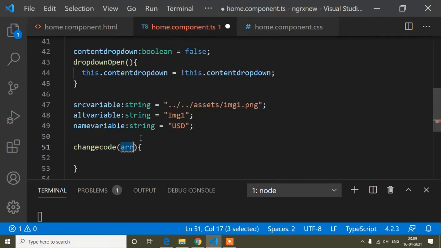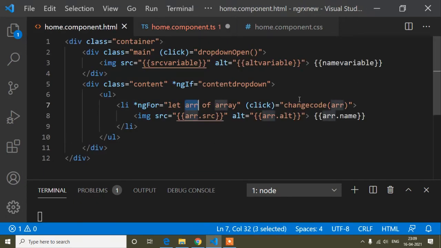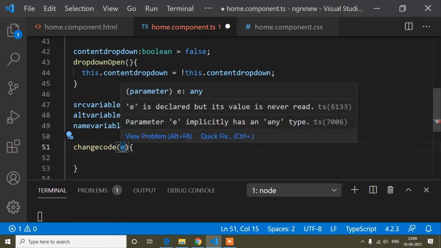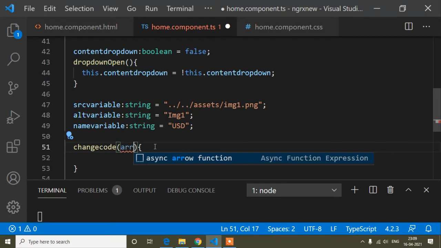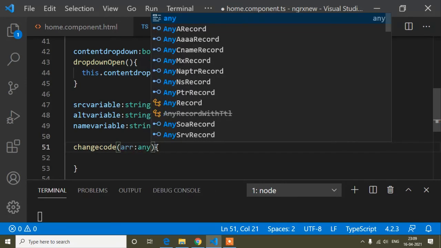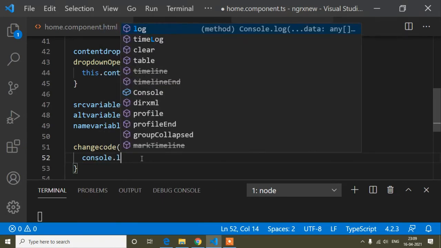I mean, here you have passed arr, but you can pass anything, you can pass e, that will be fine. Whatever you pass here will denote this arr, and this arr means this one. So suppose I pass arr, okay, and now I will set the type as any.